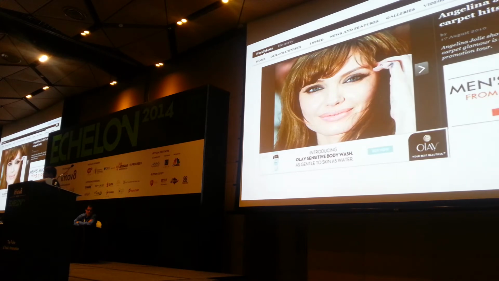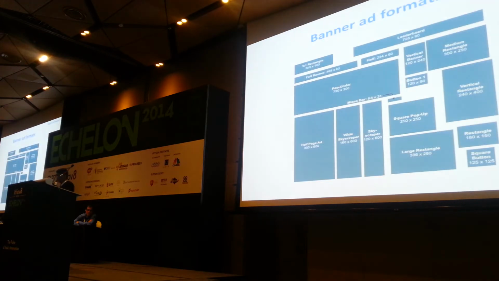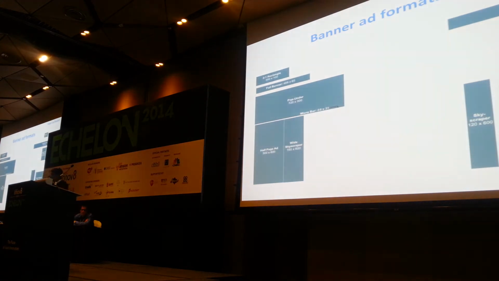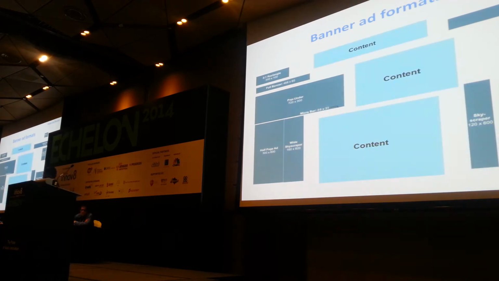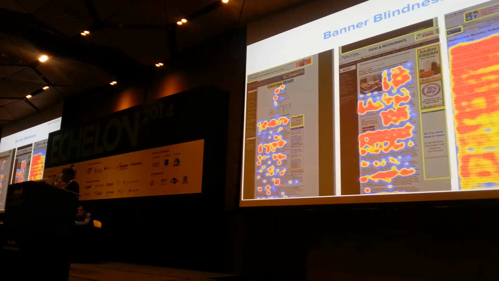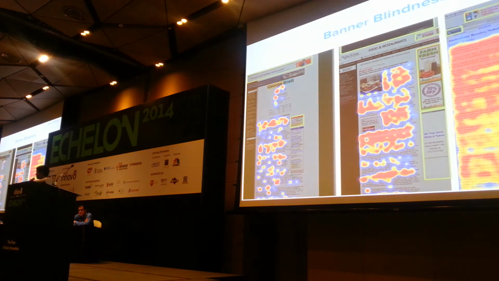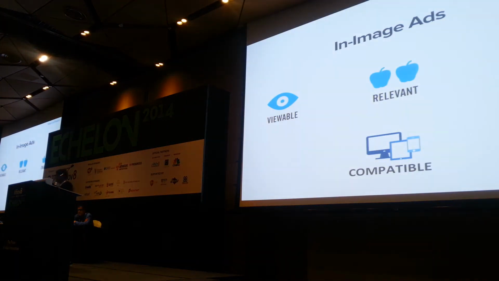What problem does in-image advertising exactly solve? These are the banner units which you see on a normal website. They are present on the right and the left side of the website, which is the perimeter of the web page, and is being ignored by 90% of the people who actually come to the page. People come to a website to consume content, not to read ads. So the content is in the center and the ads are on the right side of the website. A recent Stanford survey shows that anybody whose age is less than 25 is fundamentally wired not to look at the right side of the website. There's more heat on the content, and anything that looks like an ad is not being viewed at all. We exactly solve this problem.